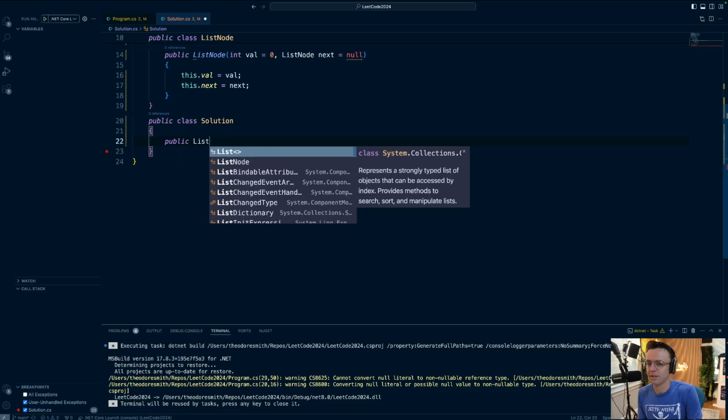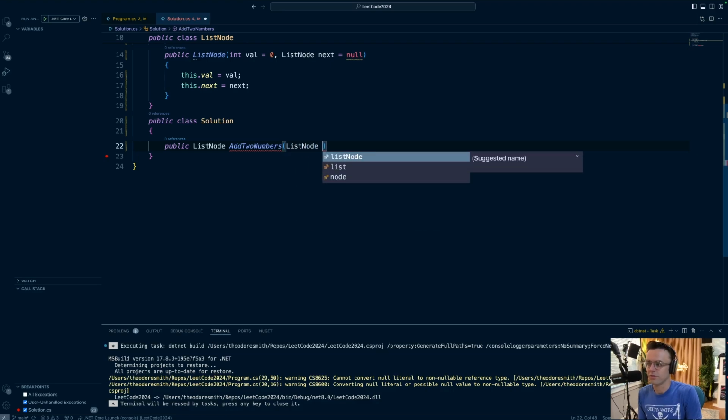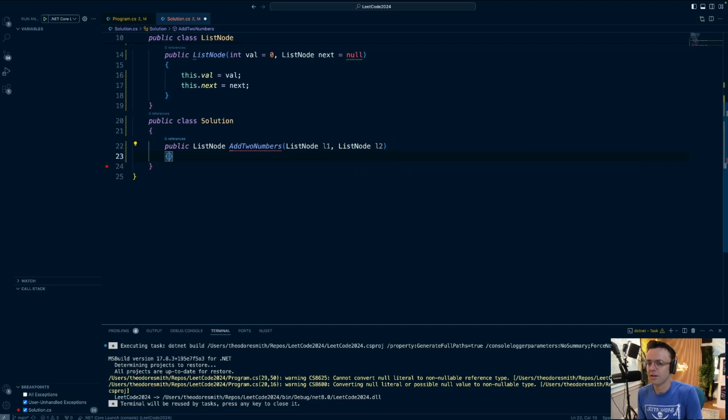So I'm going to say public list node is equal to add two numbers, and this is going to take in 2 nodes. So we're going to say L1, and this is going to be list node. This is going to be L2. Now, next thing that I'm going to do is I'm going to just come down here, and this is where